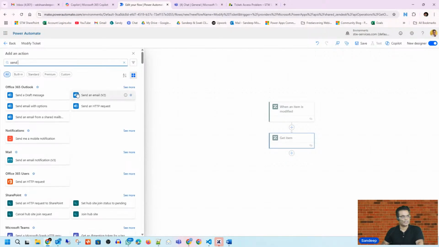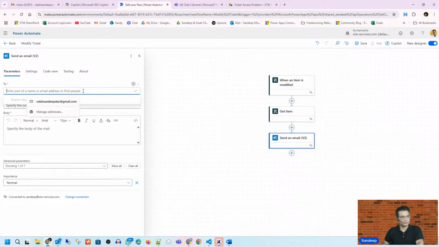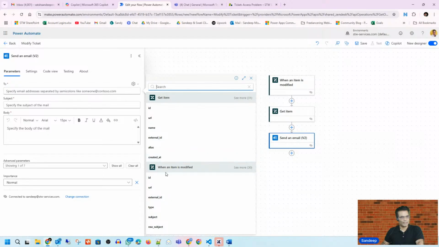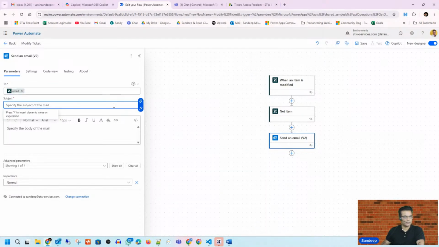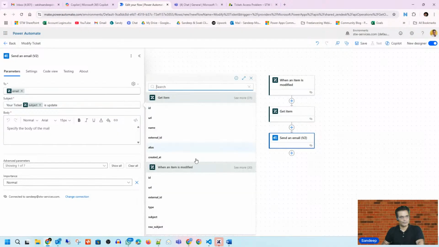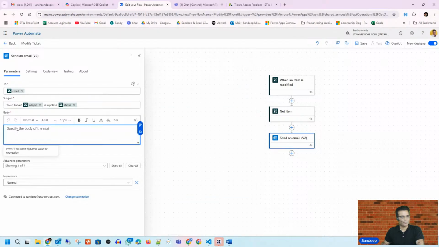about the status update. So I will select this and go here, and we'll use the customer ID. When you see get item, I will just search it and use the email address, and in the subject, your ticket, and we use the subject here, is updated with status. So I will select status here. The next thing is I will use the customer name